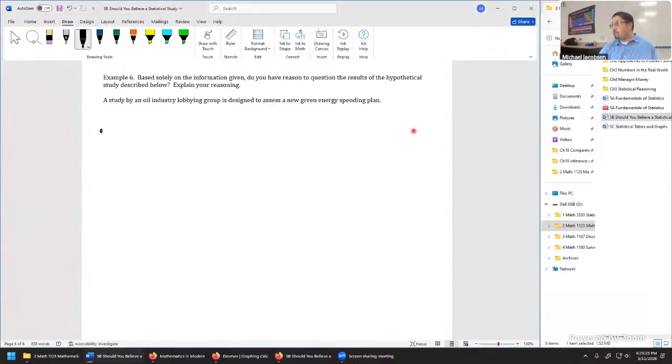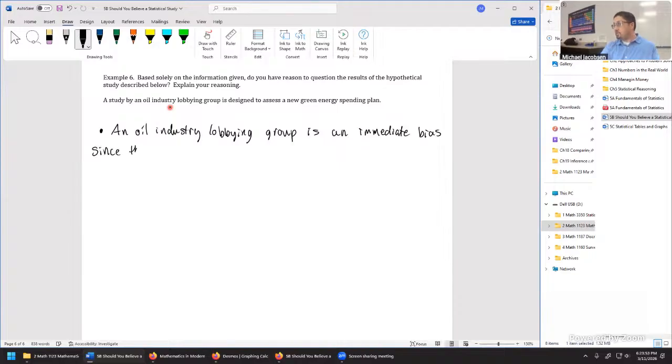So let's first start off with, this is an oil industry lobbying group, and oil industry lobbying group is an immediate bias since the oil industry and green energy compete directly with green energy, and so